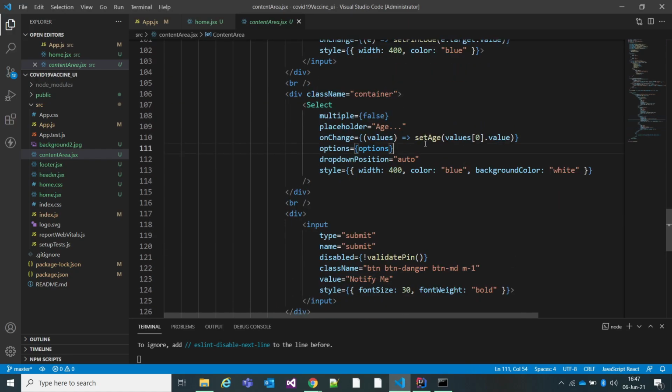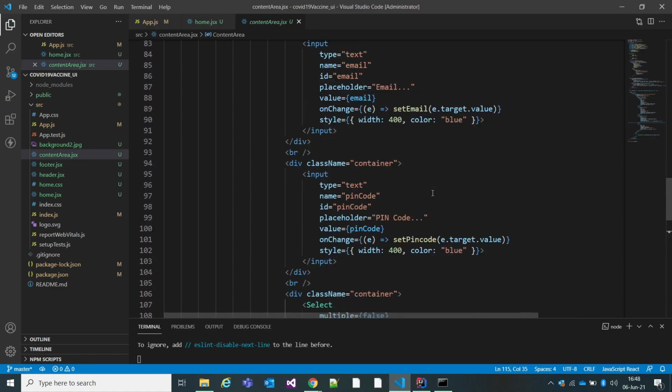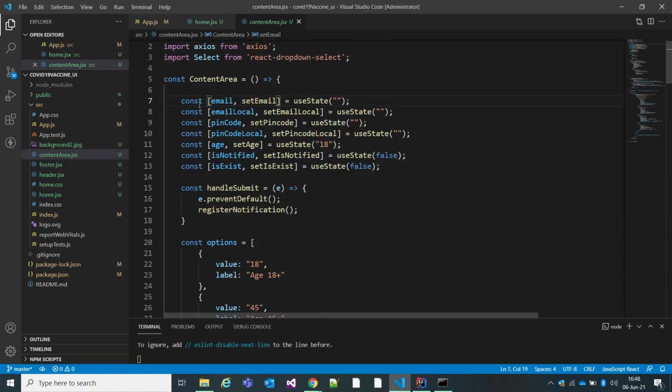And if you can see, I'm using a set function for each and every variable which I have created here. This is the hook I have created for email. For email local, I have just given the name. It resets once I click on Notify Me, it should reset the field. Similarly for the pin code local. For age, I'm not doing that, because by default I'm taking 18. If someone is not selecting the age and clicks on Notify Me, by default I'll display 18 plus.